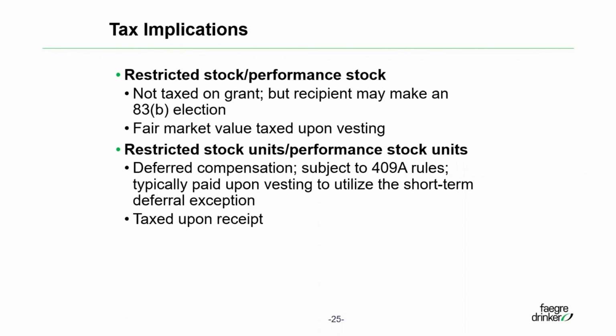This type of award is subject to Section 409A rules on deferred compensation, and typically it's structured under the short-term deferral exception. So if somebody suggests changing the time or form of payment of this restricted stock unit award, be sure to talk to your tax advisor and ask, what implication does this have for me under 409A? The reason you want to know is that the 409A penalty falls on the executive and not on the company. So you want to be very careful to the extent the time or form of payment is changed.